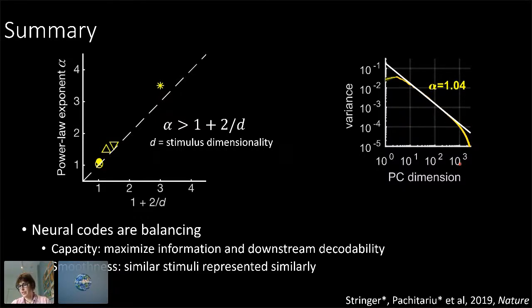Oh yeah, and we got another question. Is it a problem that PCA finds linear instead of nonlinear combinations of the input variables? It's a problem in the sense that it's hard for us to interpret what the manifold is underlying the neural activity. So from this linear analysis, we don't know if there's a nonlinear manifold underlying the neural activity that's a bit lower dimensional. We think that the nonlinear space might be a bit lower dimensional than the linear space, but we can't